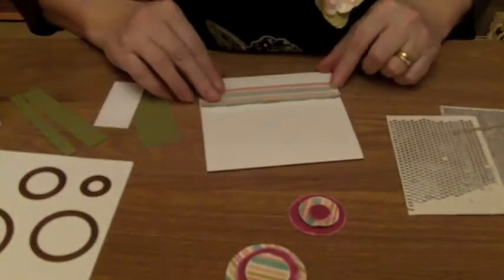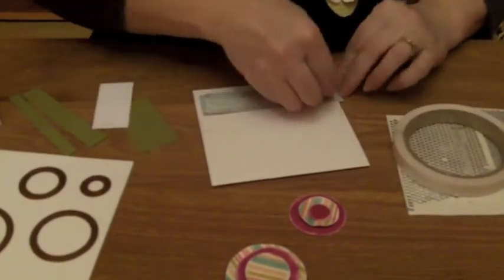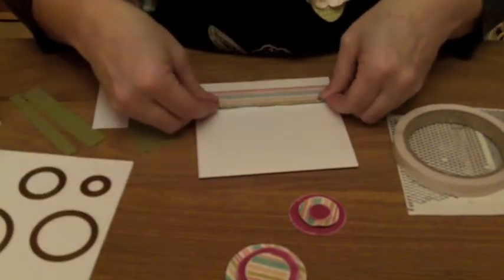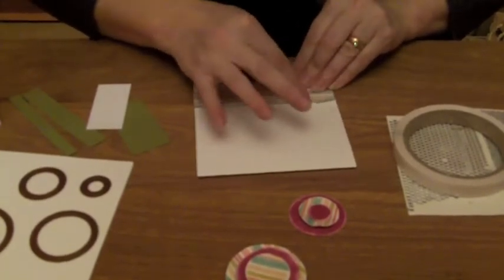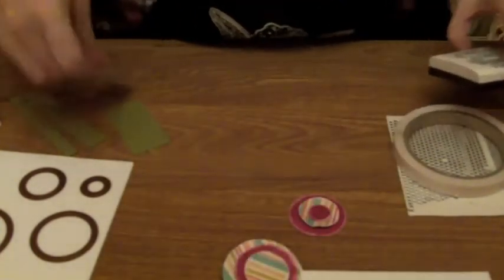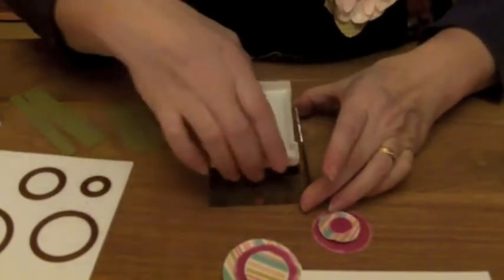We're going to take our little stripy bit and stick it to the front of our card. Okay, just a bit of double-sided tape. Going to stick it straight down on there. Haven't inked the edges. You could always ink the edges if you wanted to. While it's stuck down, now's a good time as well to just ruffle those edges up a bit, make it look a bit distressed. And now I'm going to take one of my new stamps and ink it up